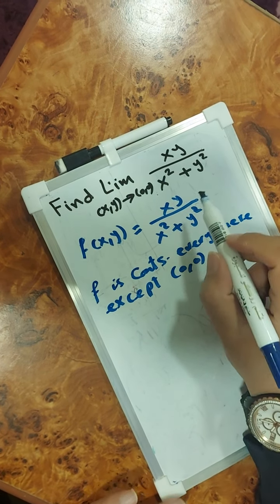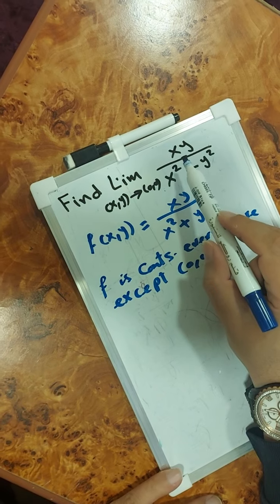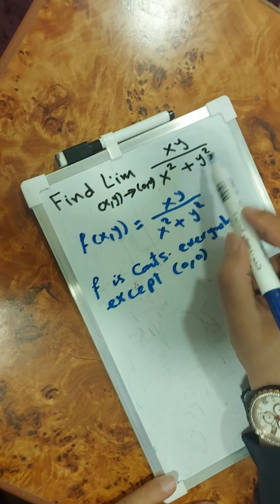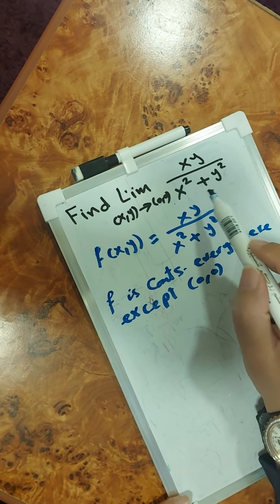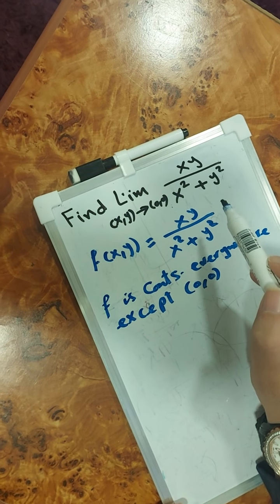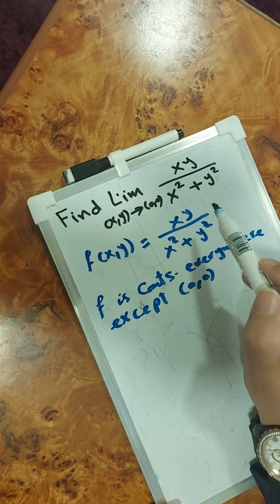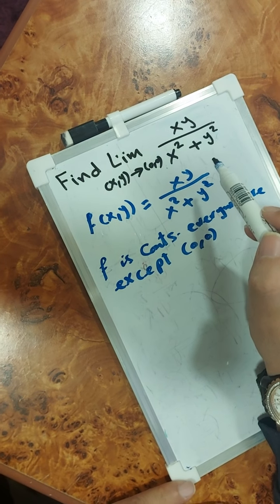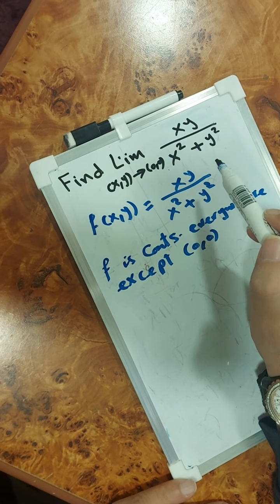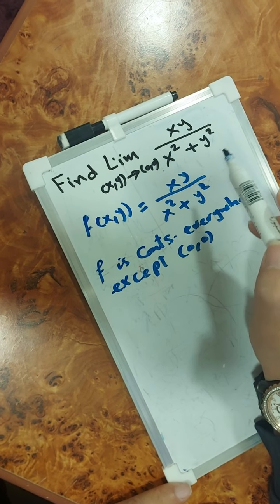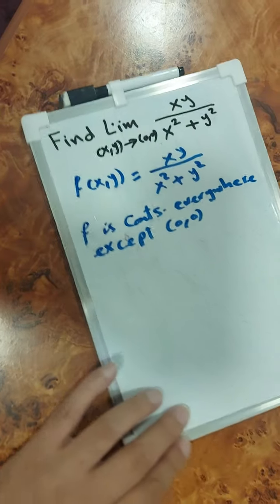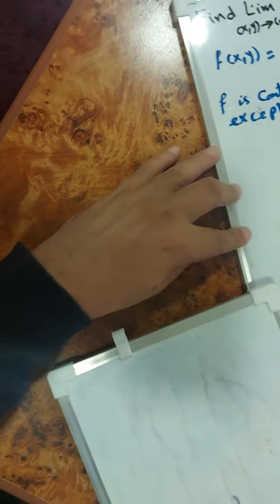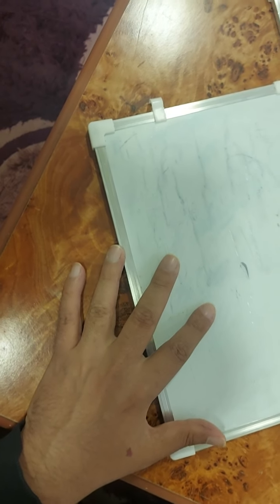We cannot put x equals 0 and y equals 0 directly, because at this point the function is not continuous, it is discontinuous. All we can do now is try to solve this limit using the parametric method. For example, for the x-axis, the parametric solution of the x-axis is,